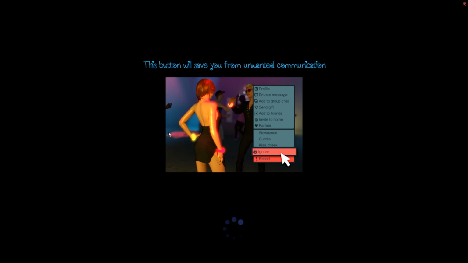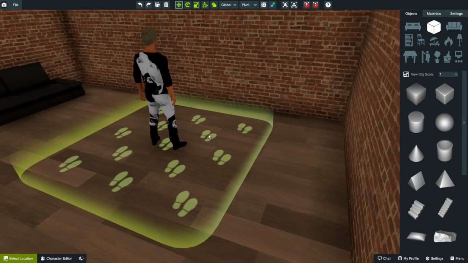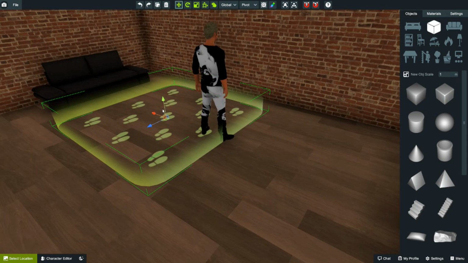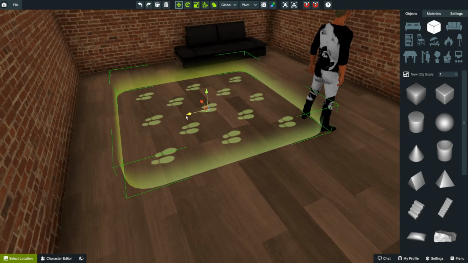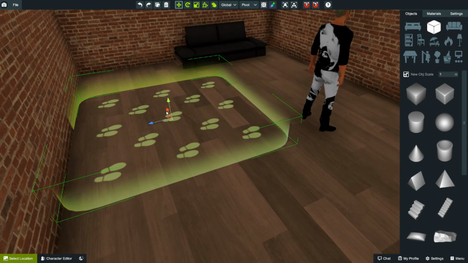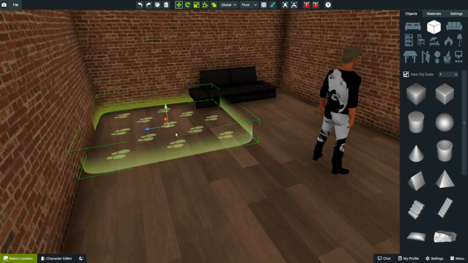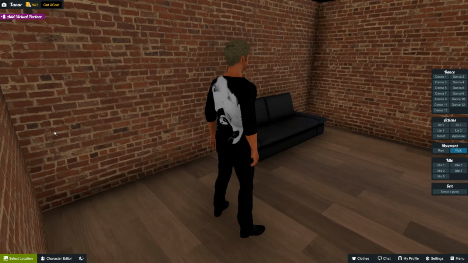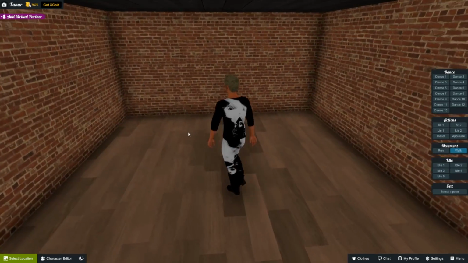Another thing you can do is you can even move the spawn around like this. So I can say, okay, I want them to spawn in here. I'm going to make sure that it's inside the building, so right here. That means next time we are going to spawn in this room, we will be here. All right,